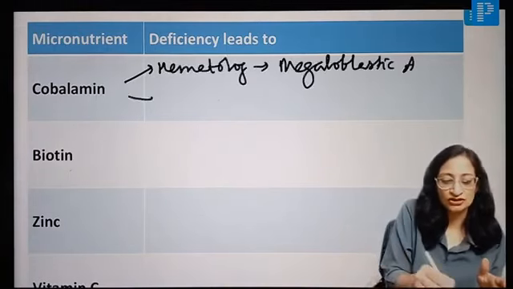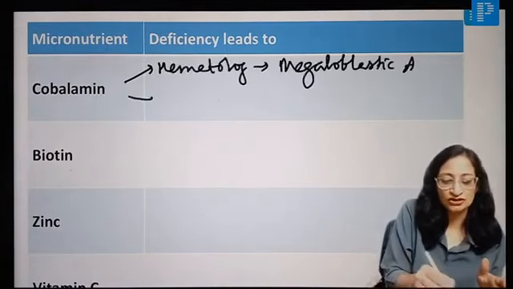Zinc deficiency. Now zinc deficiency can give rise to what all? Zinc deficiency can cause diarrhea. It can cause rashes, usually around orifices, and on fingers and all. So an inborn error of metabolism where there's a problem with zinc transport or absorption is acrodermatitis enteropathica. And in addition, there can be other features like hypogonadism, growth failure, and so on. Delayed wound healing, poor wound healing, okay? Right? Poor wound healing. Acrodermatitis enteropathica.